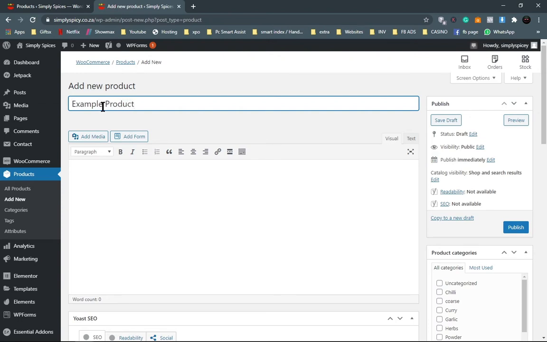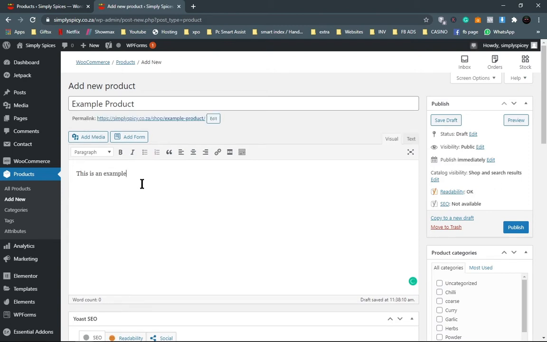Now because this is the first time we're doing the product, a permalink will automatically be created based on the product name. Okay, so when you want to go to this item, it'll say Simply Spices, or in this case simplyspices.co.za/shop/example product. Okay, then we're going to go ahead, add a description. This is an example,